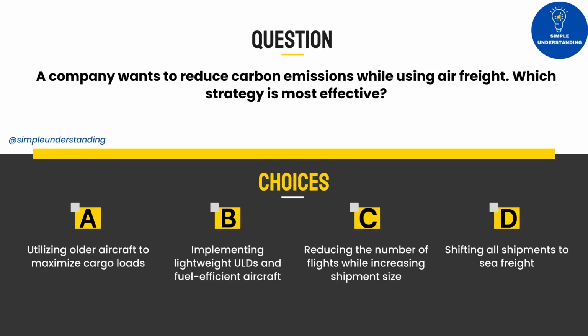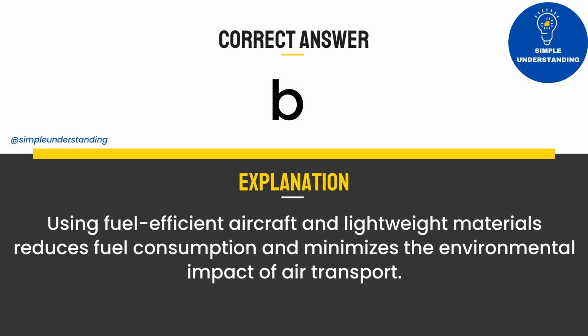solutions. 5. A company wants to reduce carbon emissions while using air freight. Which strategy is most effective? A. Utilizing older aircraft to maximize cargo loads. B. Implementing lightweight ULDs and fuel-efficient aircraft. C. Reducing the number of flights while increasing shipment size. D. Shifting all shipments to sea freight. Correct answer: B. Explanation: using fuel-efficient aircraft and lightweight materials reduces fuel consumption and minimizes the environmental impact of air